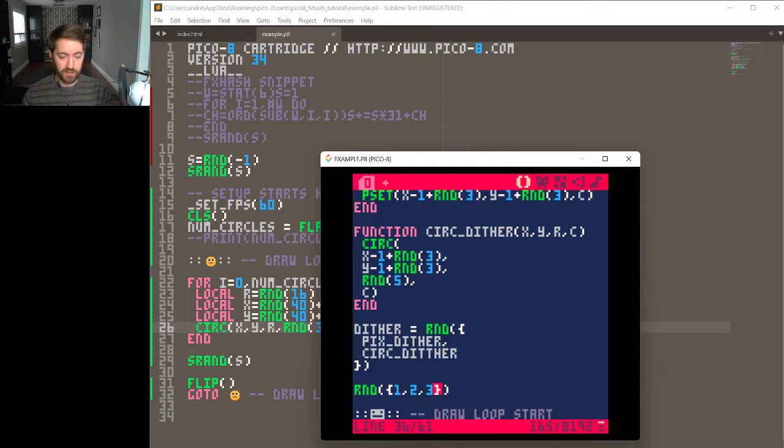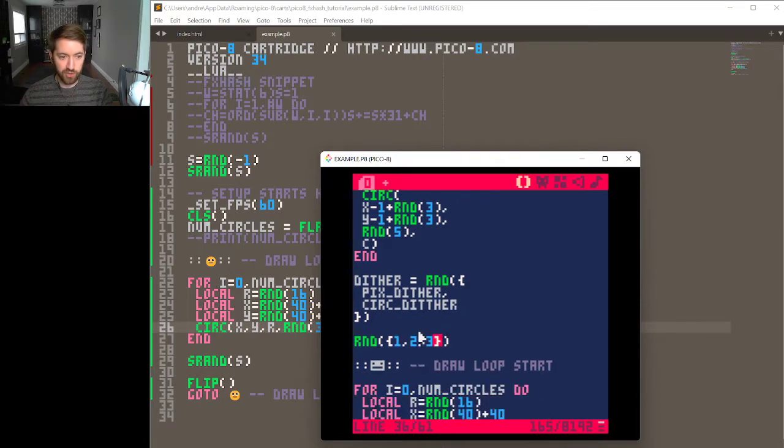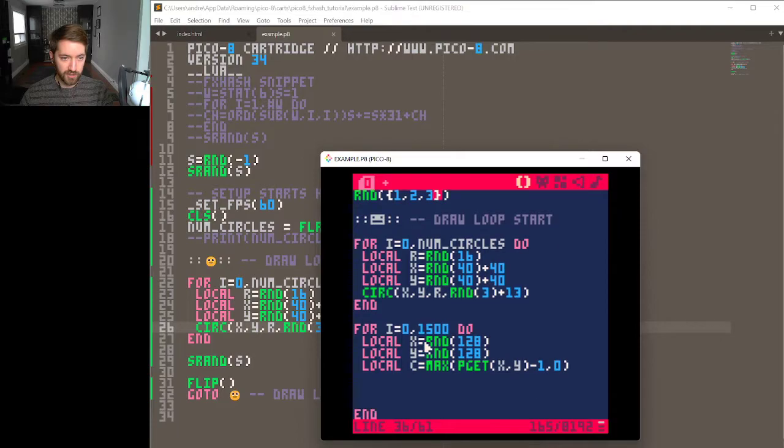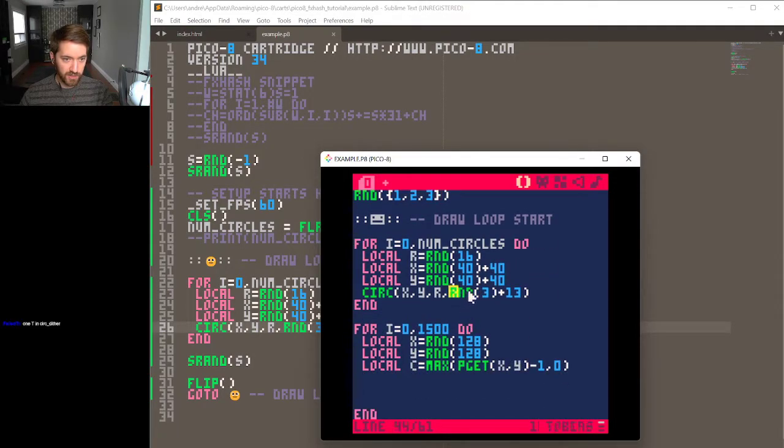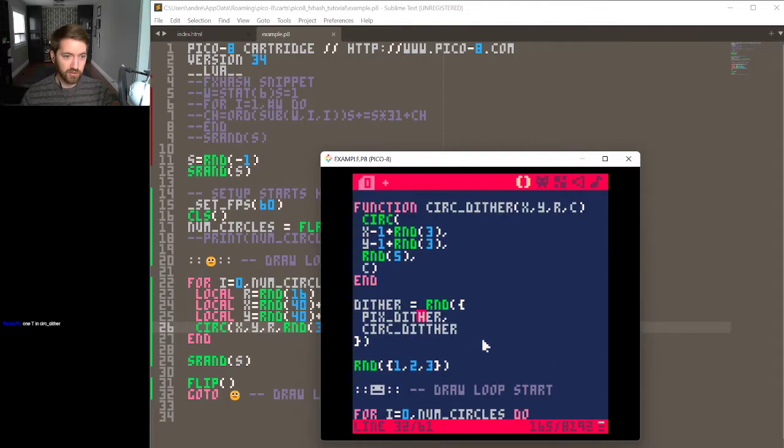When you give random a table like this, this is also a nice way if you know that you only want, actually I keep forgetting I can give examples. Like for example here, instead of doing 1t in circ dither,